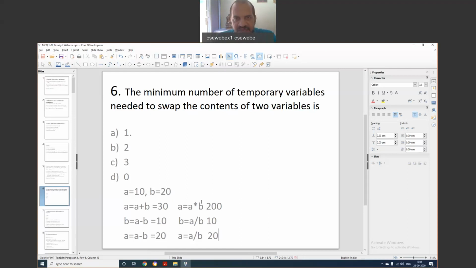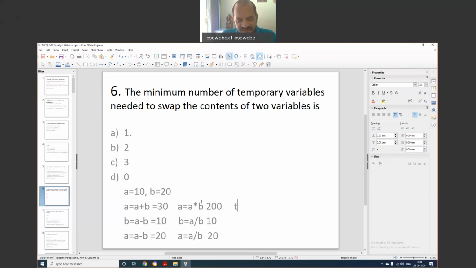So D is the answer. The thing which we have to remember is, even though we have a way to exchange two variables' values without an extra variable, the cost of operations is very high. For example, to do this we have to add one time and subtract two times, as well as the equal operation. So the cost of operations is very much high when compared to the temporary variable exchange.